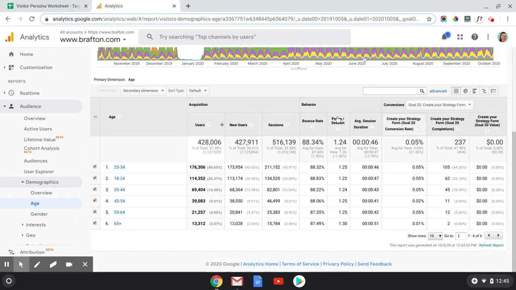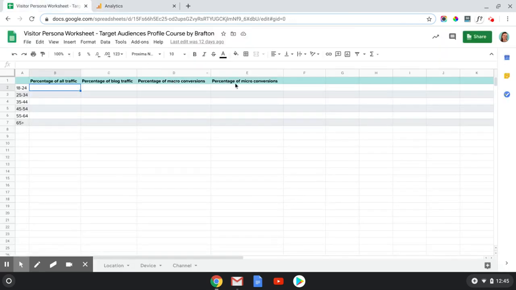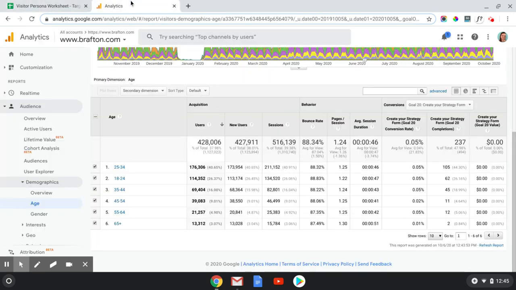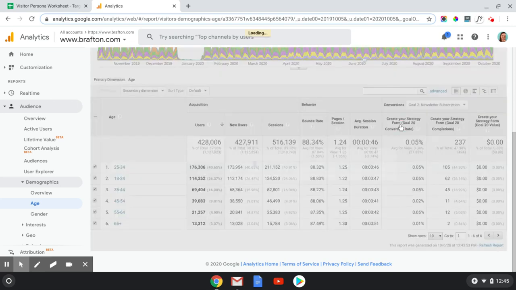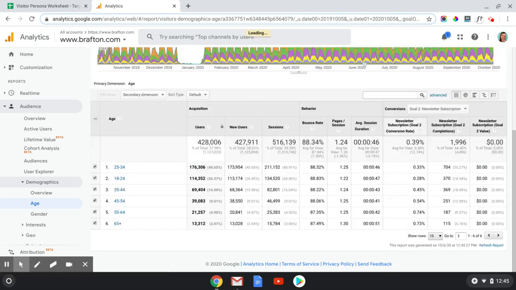Next, let's skip over to columns D and E, micro and macro conversions, because they're easy enough to find over here. For our micro conversions, I like to look at newsletter subscribers, and we can see that 35.27% of them were between the ages of 25 and 34, and so on.